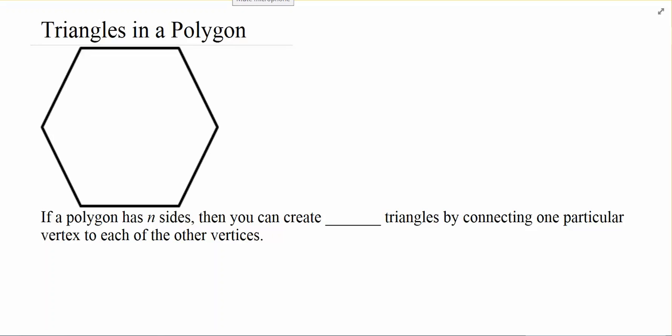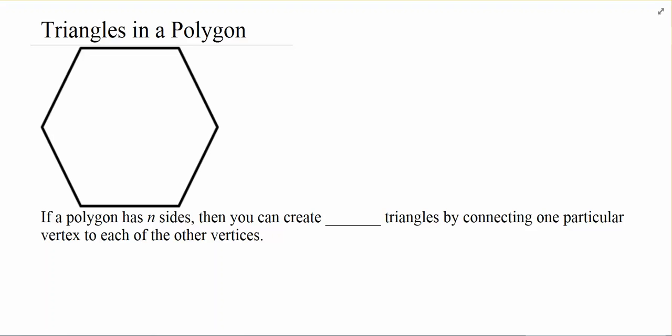All right, so now we're going to look at some regular polygons. Regular polygons, of course, are shapes that have all equal sides and all equal angles. This works for pretty much any polygon too. We're going to figure out how many triangles we could fit inside here.